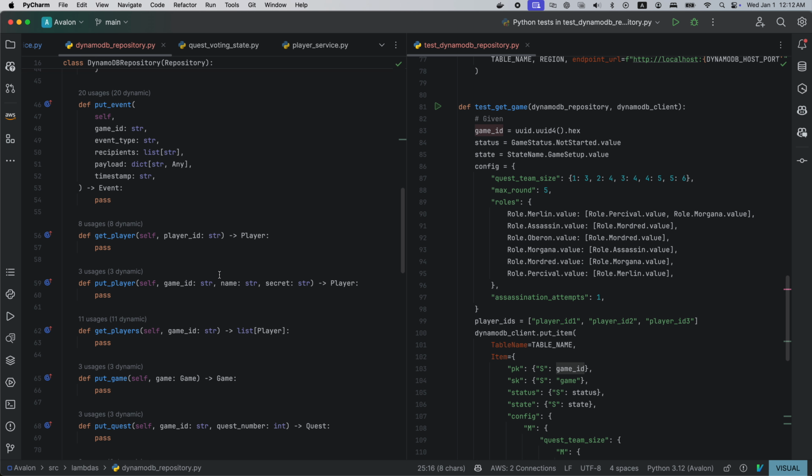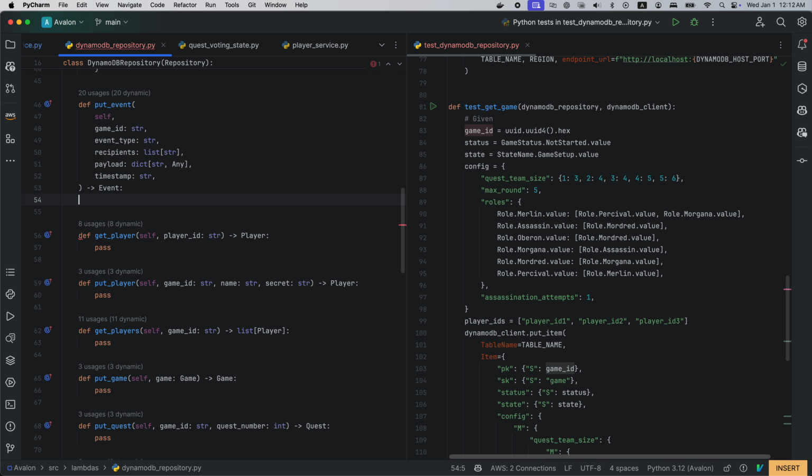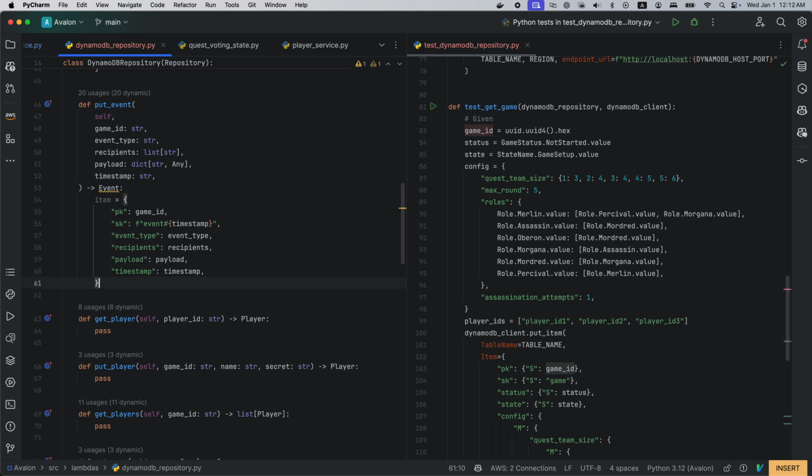Okay, so here we have item equals to primary key, of course.